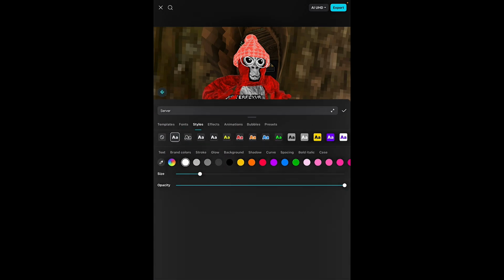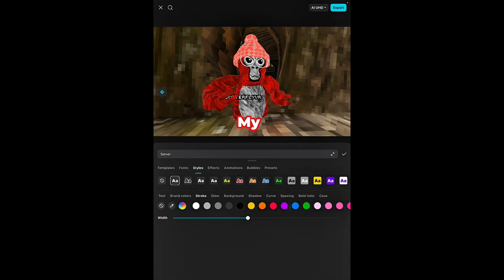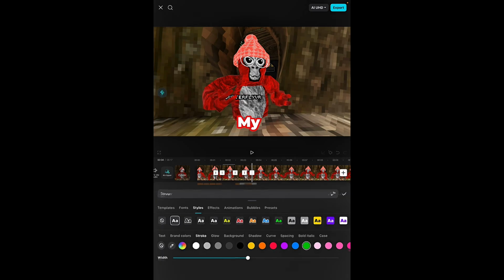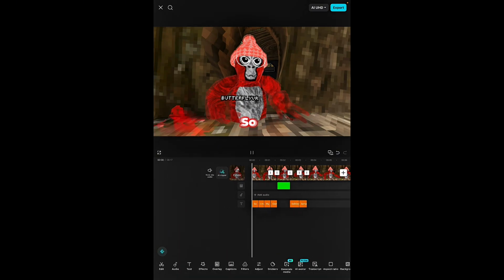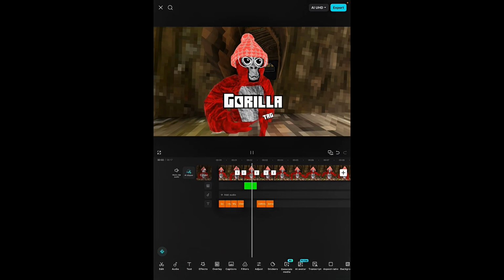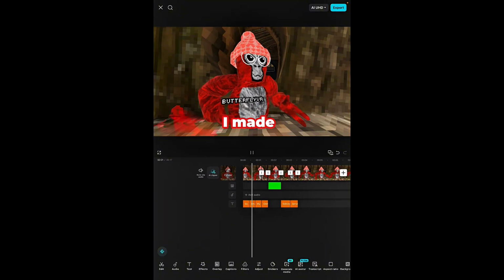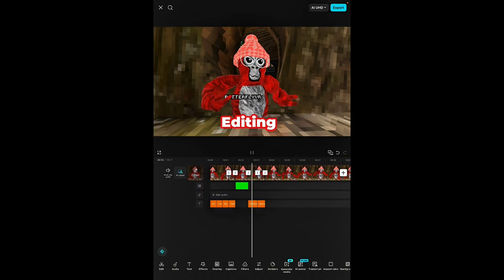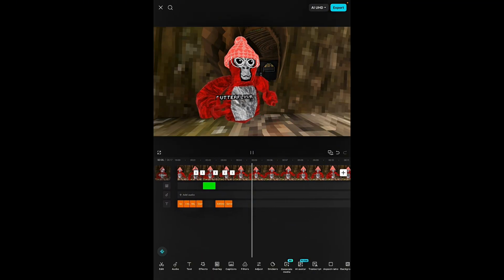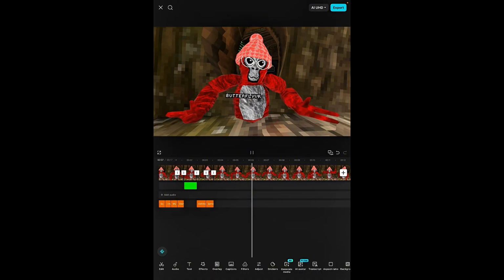Something I like to do when I have an important word, I go to stroke and tap the green. So it'll look like this. So I made my own Gorilla Tag editing server, so it'll look more like that. So I made my own Gorilla Tag editing server for all of you guys who are struggling to edit with Cap